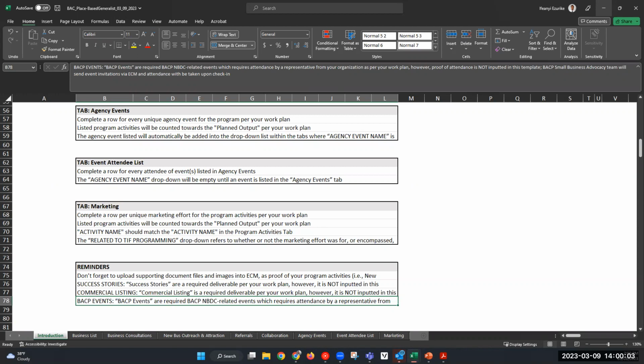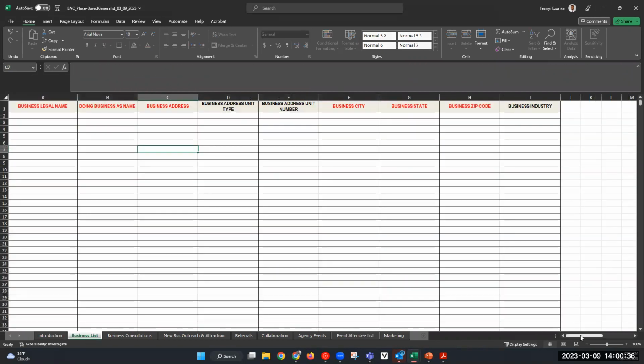And as mentioned earlier, 99% of our reporting templates that align with the program category type that your contract calls for have all of these tabs that you will be reporting on, with the exception of one contract type. And Afani, I think maybe we can jump to that one now, which is the industry or innovation that has the business advocacy? This is place-based generalist, and I'm just going to show you how this works in regards